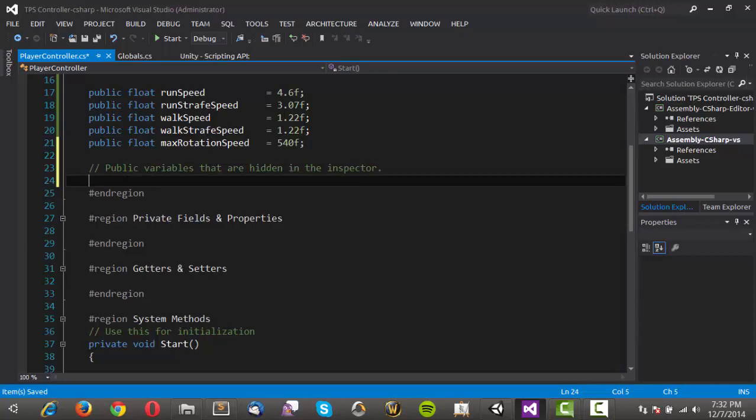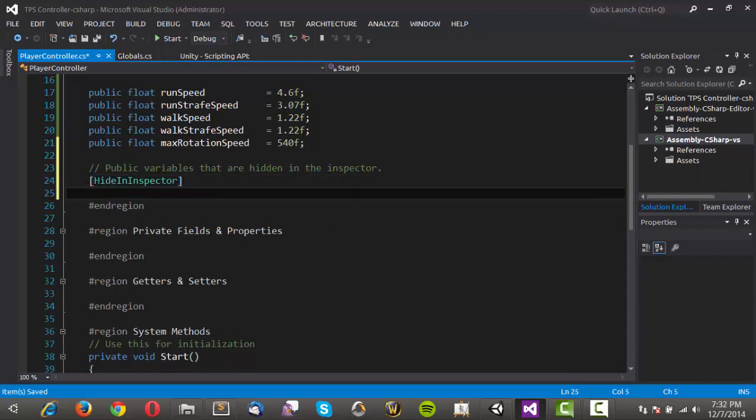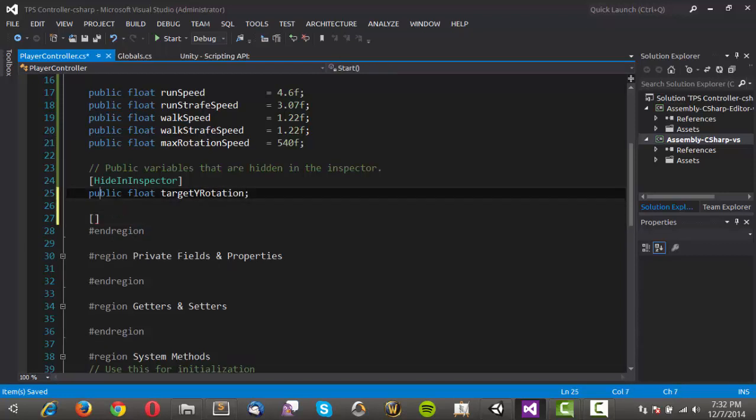And if you want to do this, all you have to do is, in square brackets above your variable type, put in the HideInInspector flag, and that will make it unserialized. So we'll go ahead and write public float targetYRotation and just end that off. And again, I might as well just copy this, so I'm going to Control C that and come down here,